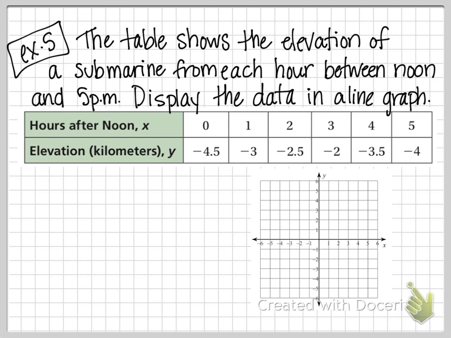So it says display the data in a line graph. Each of these, you guys, becomes an ordered pair. Right? This is an X, this is a Y. So this is an ordered pair, 0, -4.5. Hudson, will you show me where that would be on this graph? Thank you. If we plotted this point,